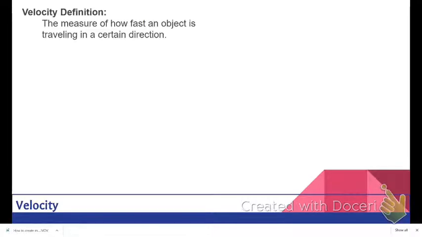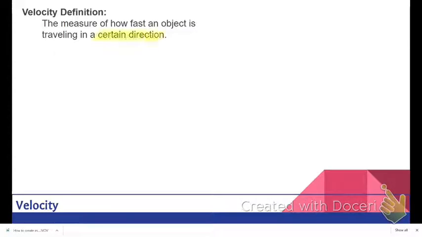Here are your notes on velocity. Please go to the velocity tab on your motion foldable and add in these notes and these couple of practice problems, please. So the definition of velocity is the measure of how fast an object is traveling in a certain